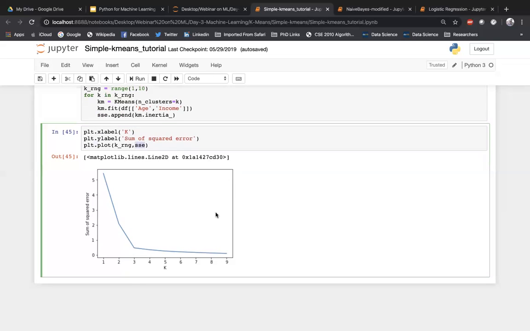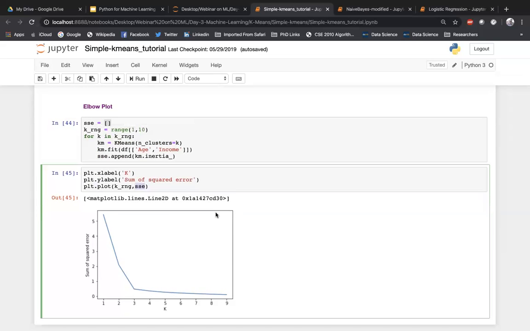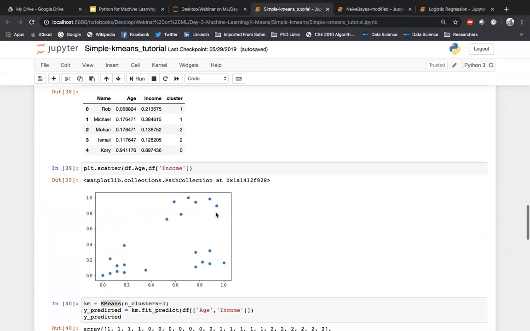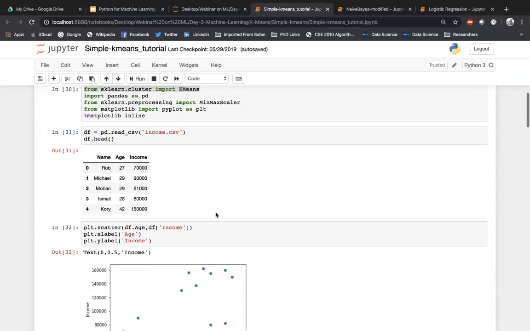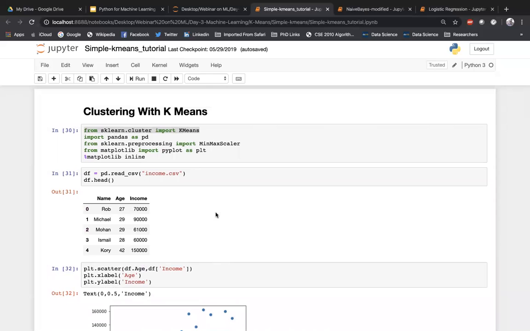So that's all. Hope this has given you a good idea of how the k-means clustering algorithm works, how min-max normalization or any kind of normalization technique is important while doing clustering, and how to calculate the sum of squared errors and use it to make an elbow plot, so that it can quickly tell us the appropriate estimate of the k value, how many clusters we may have to take. With that, my session is done.